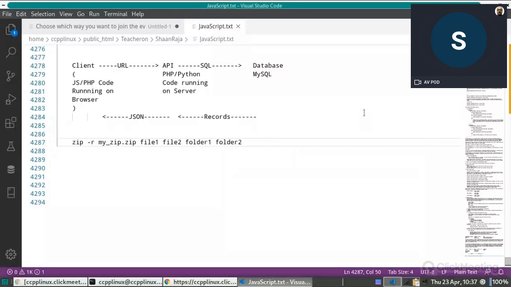So what does this r stand for? Recursive, which means recursively